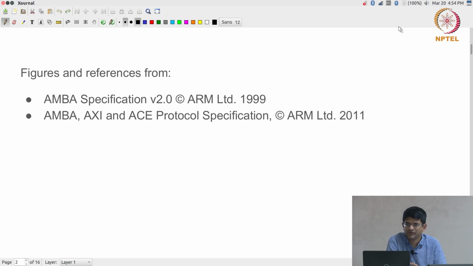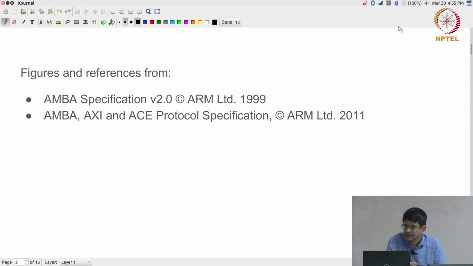It gave rise to a couple of different variants called the AMBA High Performance Bus or AHB and the AMBA Peripheral Bus, APB. Using some of the learnings from those buses, ARM then extended it and came out with version 3, which they called the AXI, the Advanced Extensible Interface. AXI 3 then led to AXI 4, and currently there is an AXI 5. Each of those has been brought in for a specific purpose. They increase the functionality of the systems in some way,